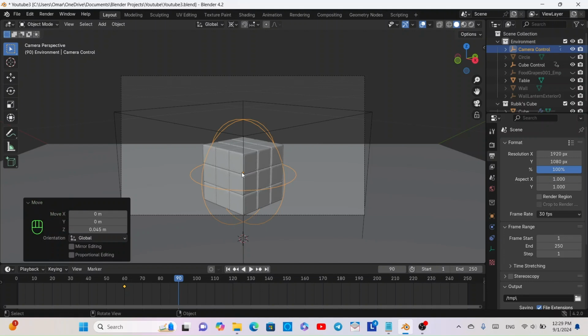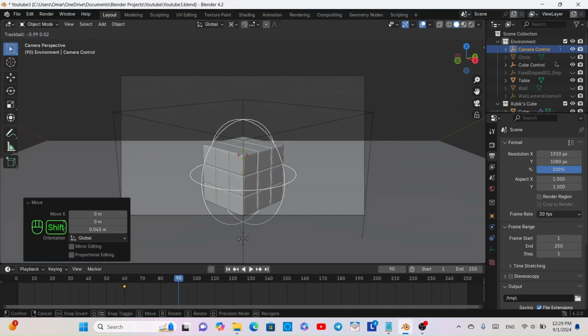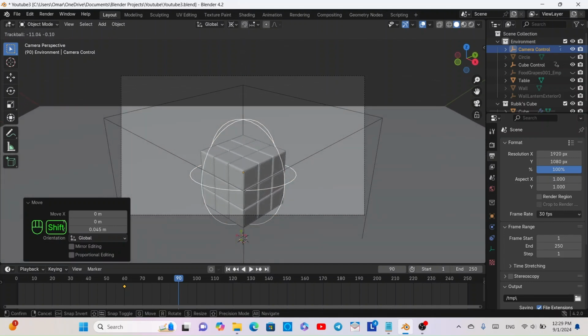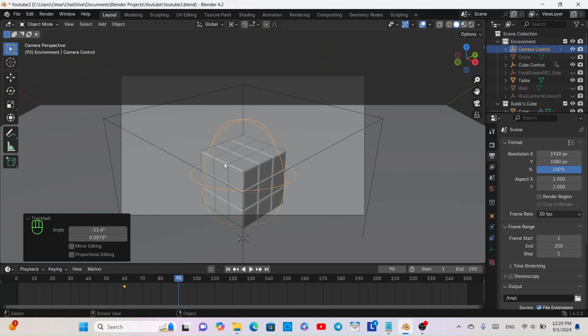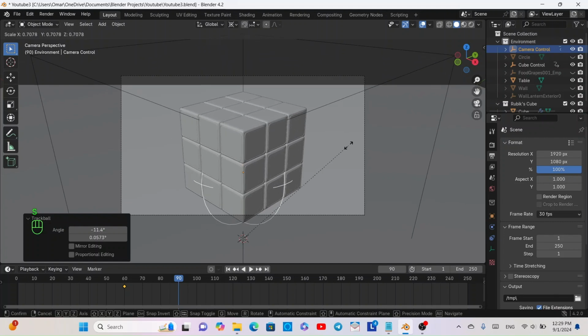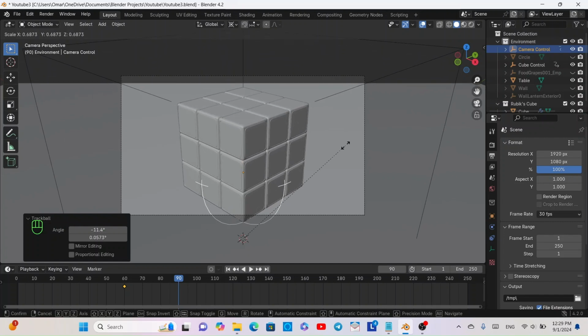And then I'm going to double tap R to make a gentle smooth rotation, and I'm going to hold down Shift to make it even smoother until this orange dot is exactly on the corner. I'm going to keep sliding until it's exactly on the corner, and then I'm going to left click like this, and then I'm going to scale down until the cube is about right there. And then I'm going to left click